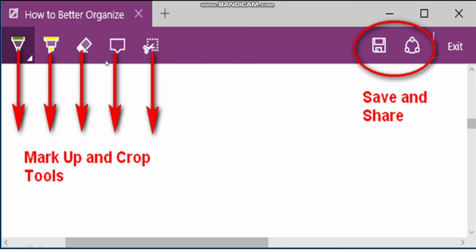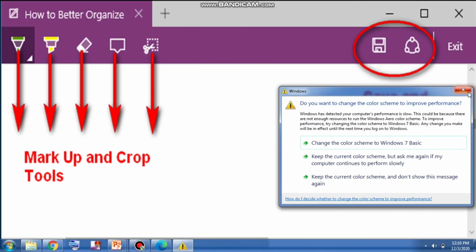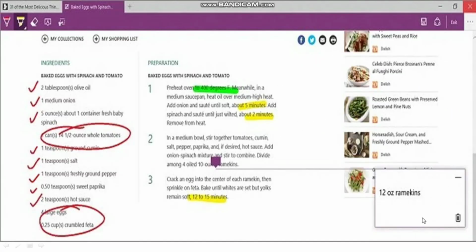Now what happens in eraser? Simply, erasing means to remove any line or text or clear the link. If we want to remove anything, then we will use the eraser. Then this one is our typed note. What happens in add a typed note is that we can add a note, like here you see, this is a note which is being added on the page. This is not part of the page; we added it separately.